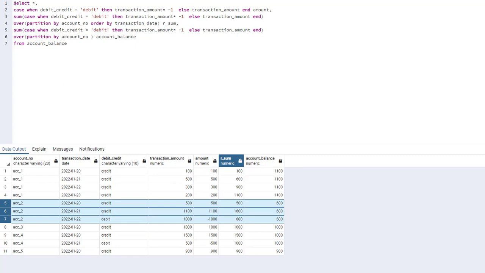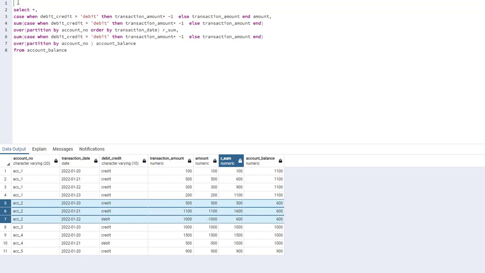This is why I'm going to put this into a CTE, and I'm going to select star from CTE where running sum is greater or equal than 1000